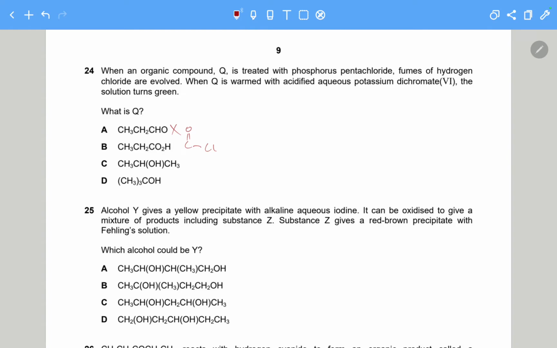So we'll get this with the reaction of PCl5, but it's an acid. It's already fully oxidized. It cannot be oxidized further. So this cannot be the answer. Then